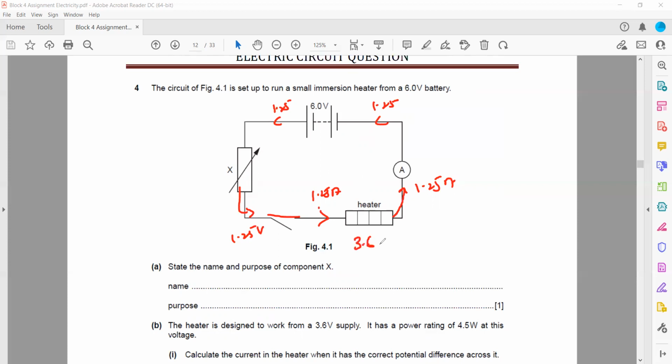The voltage is 3.6. So they are connected in series. Whenever two components are connected in series, the voltage will divide. If the total is 6 volts, and 3.6 is dropped here, so 6 minus 3.6, how much voltage will be there across this component? It will be 2.4 volts, because the voltage divides in series and the current is the same. So the current is 1.25 and the voltage is 2.4,